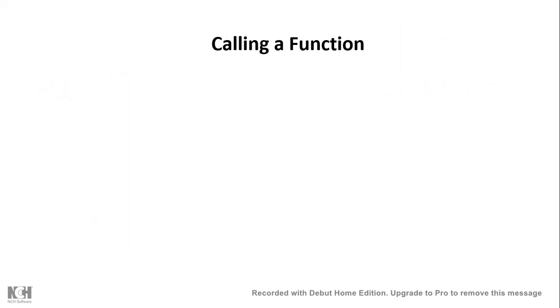Now let us understand calling a function. The control of the program is transferred to the user-defined function by calling it. There is a specific syntax for calling a function. We have to write the function name, and then we have to provide arguments. So argument number 1, argument number 2, likewise. And remember, while calling, we have to write the semicolon as well.